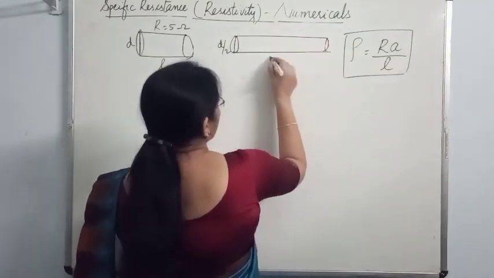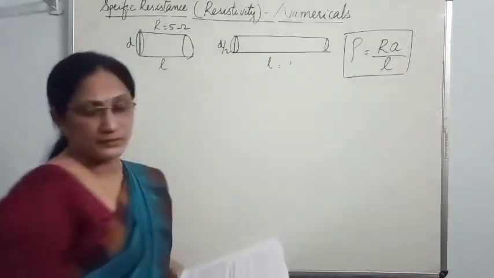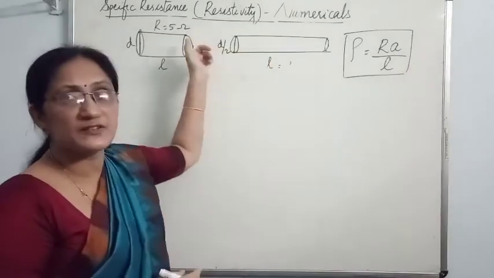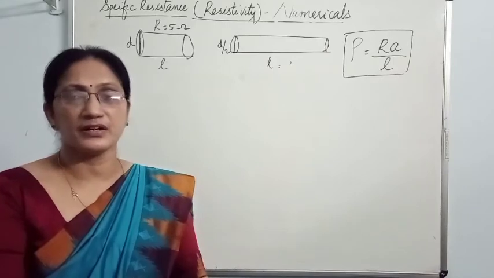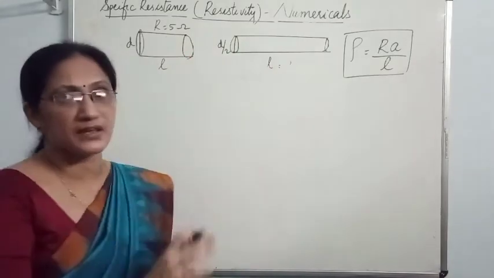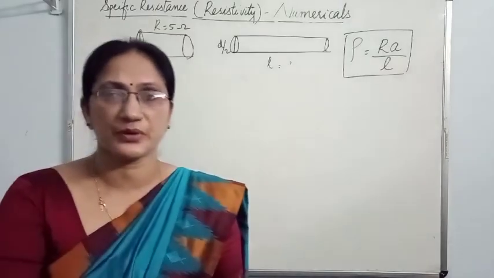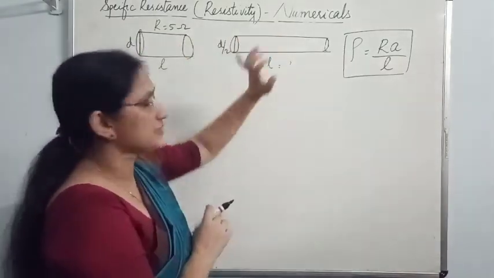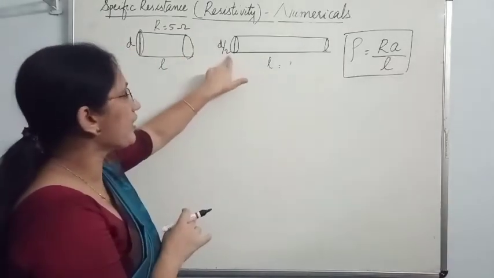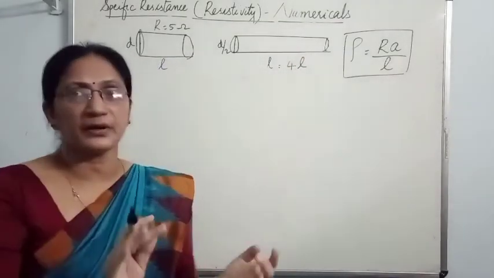Then what will be its length? You know, this wire is of the same material, same wire. So mass is same, density is same. So the volume of these two wires is the same. So you can equalize the volume. Volume of a cylinder is pi r square L. So volume you can equalize. From that you will come to know that when diameter becomes half, the length becomes 4 times. Mathematically you can prove it.